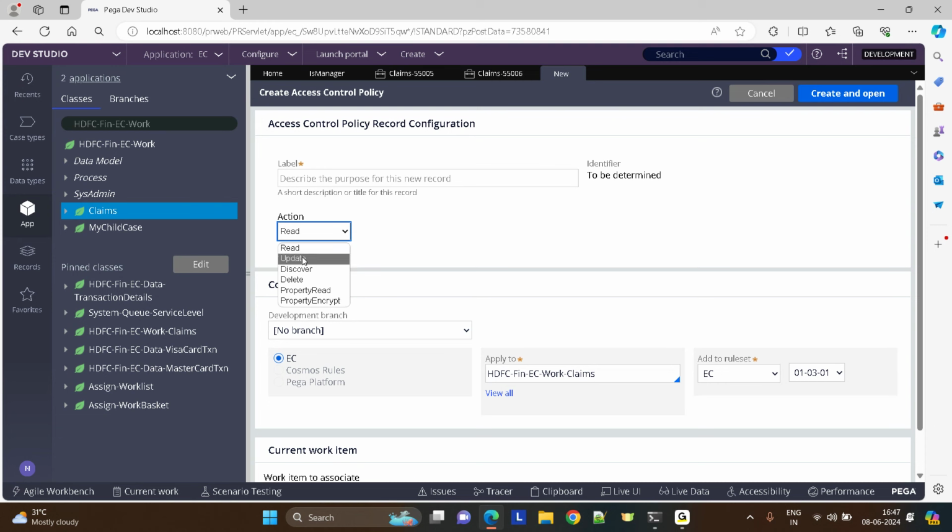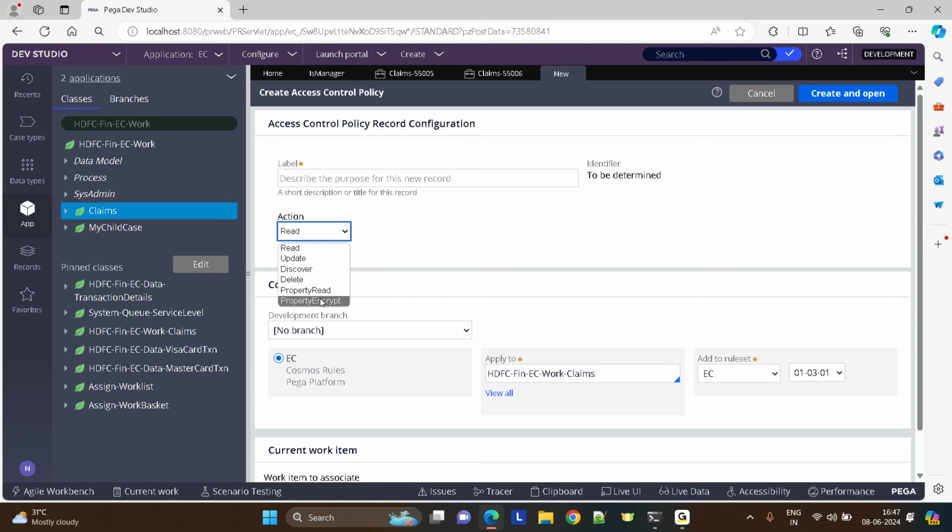Updating the data, where only a few items he can see. Deleting the data, and this is at property level. At property level, you can hide or show a particular property. And property level encryption: encryption means data at rest, on the server level, on the clipboard level, you can encrypt it. So even on the clipboard, the data will not be visible. You can configure all these things using this access control policy.